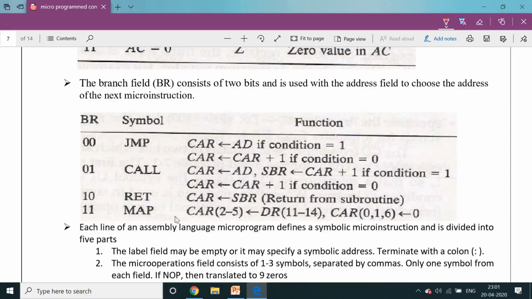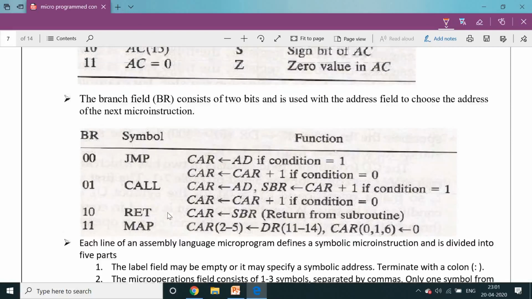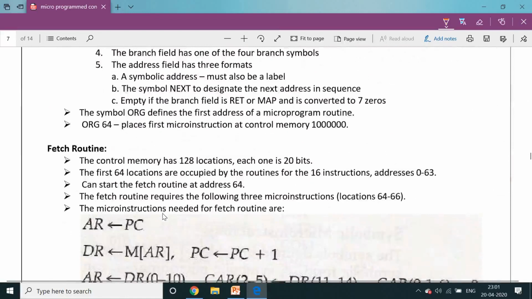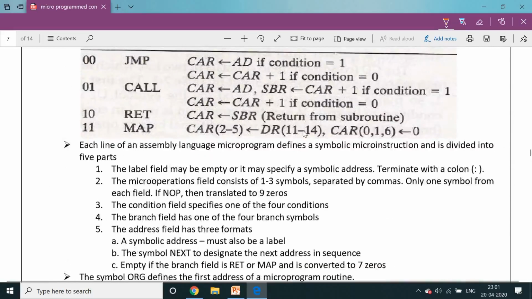So the mapping process. Mapping means, previously, in control address register 2 to 5, data register bits 11, 12, 13, 14, 4 bits are used for mapping and are compared with bits 2 to 5.